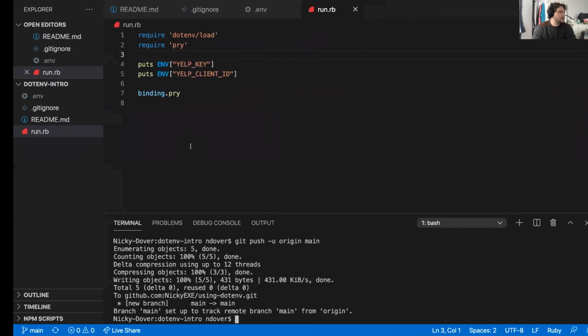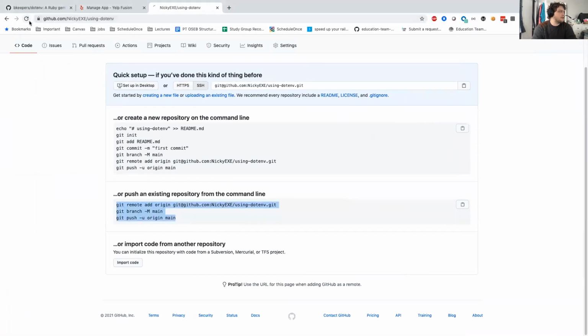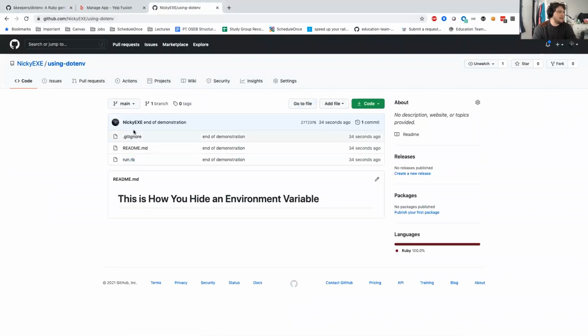And now you'll notice, first off, .env is gray. That's what you want. Second, if I refresh the page, you'll notice that .env does not exist here. In order for someone else to be able to use your app,